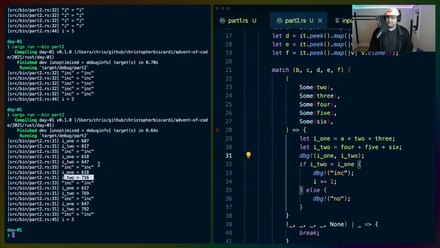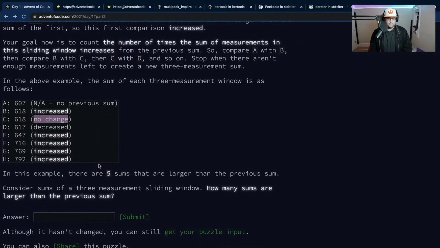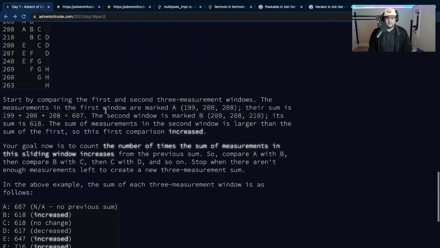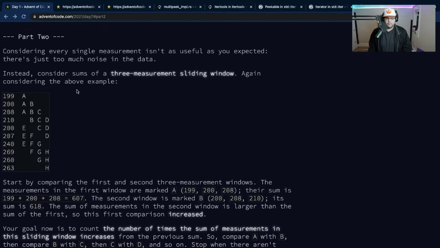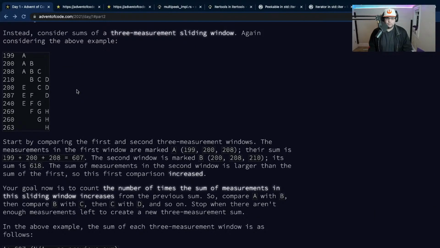That doesn't seem right. Why are we comparing 618 to 716? Because we're not actually doing this, are we?